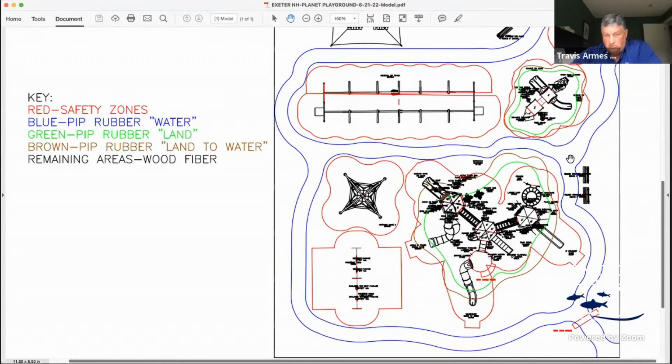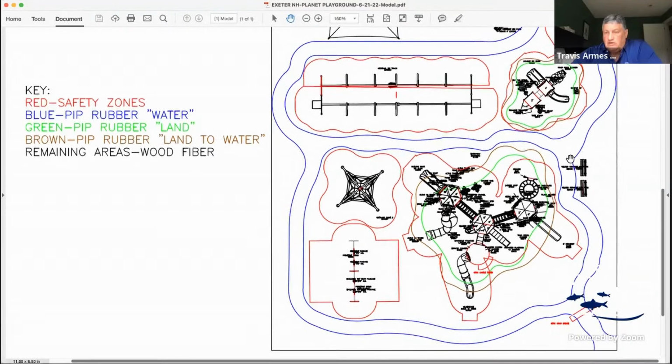For example, the castle that you saw is GFRC. The stonework on the drawbridge is also GFRC material. So that creates a playground unlike any other in New England. This is the zip lines here with a standard seat and then an accessible seat side by side. And on this side, this is a freestanding net climber. We have swings down here, and then the main structure, the castle, being down here, which has a 10-foot